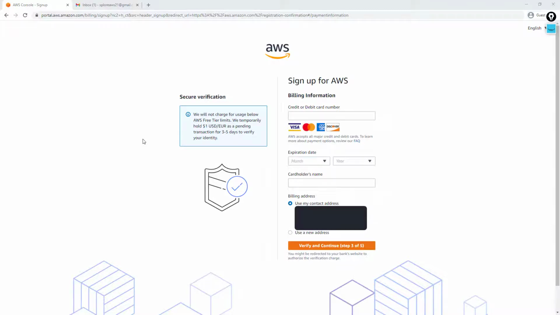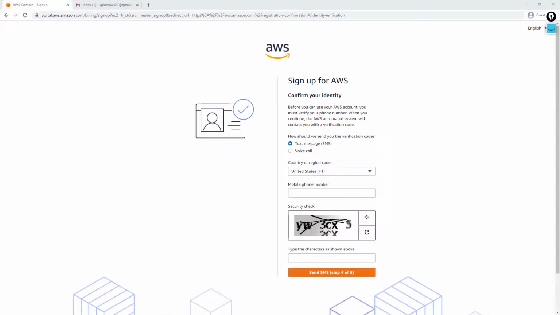Don't worry about it. All you'll need to do is make sure you put in your billing address and your credit card information. Once you're done with that, click the button here that says verify and continue on to step 4. Okay, so the next step moving along here in the process is going to be to confirm our account,